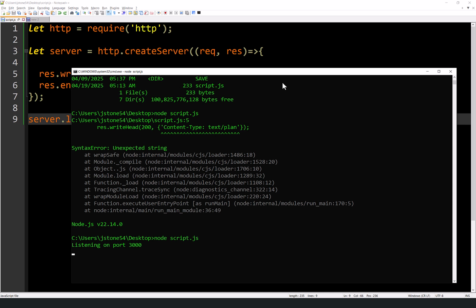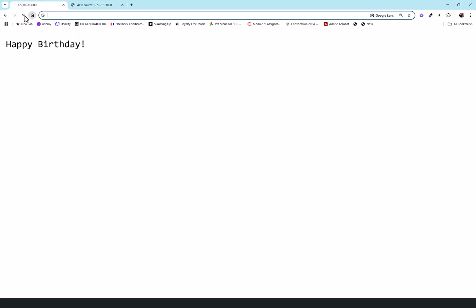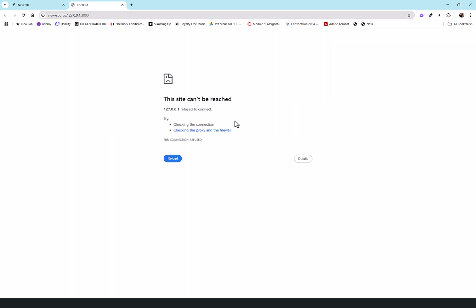If I close this window or I do Control-C to break out of this, the server's not running anymore, right? If I come back over here and I try to reload the page, I get an error. I'll get an error again here that it can't reach the page. Well, the same thing would happen on your PHP server if you turned off the server, or you stopped your server software from running. Obviously, your server doesn't work anymore.